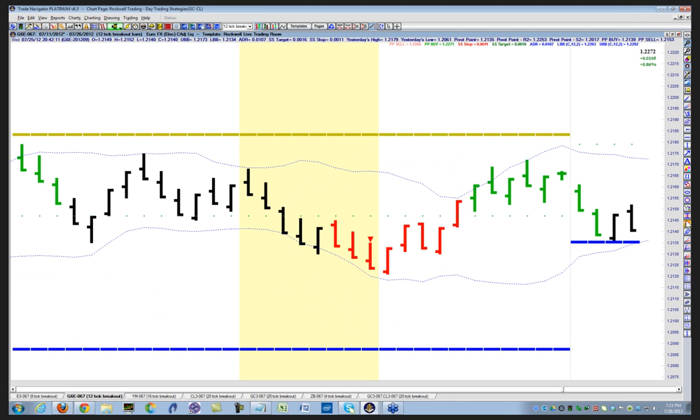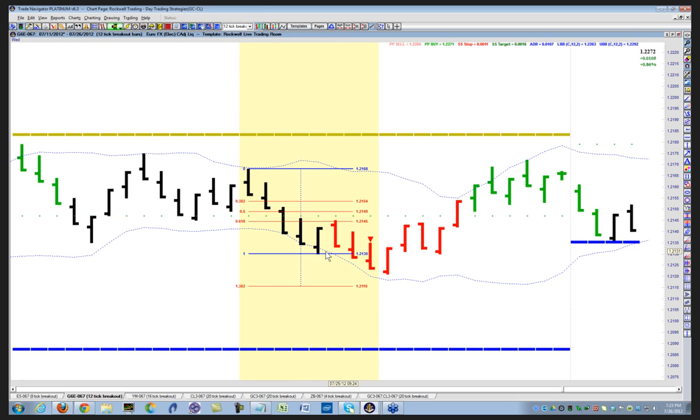Okay, so we want to see a few bars moving down, 1, 2, 3, 4, 5 bars moving down. So we look at this. We want to see that prices are retracing towards 38.2 level, which they do, and then we would sell at